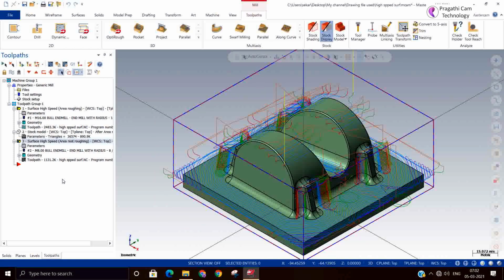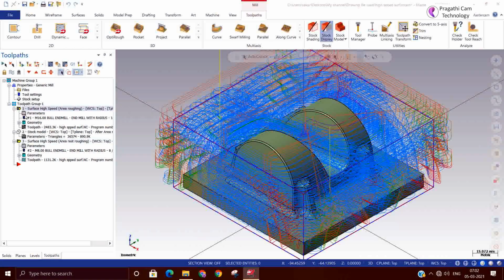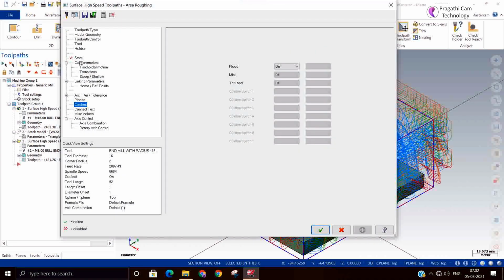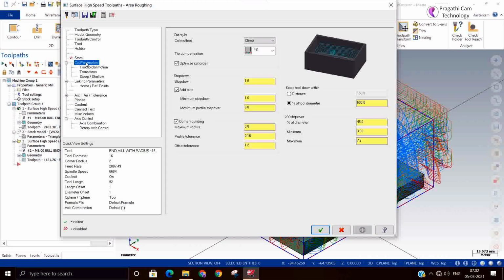So we have seen area rough and the difference between the area rough and the other toolpath. In the previous toolpath, the step down is always less because you are machining hard material. In the shallow area you are adding additional cuts.